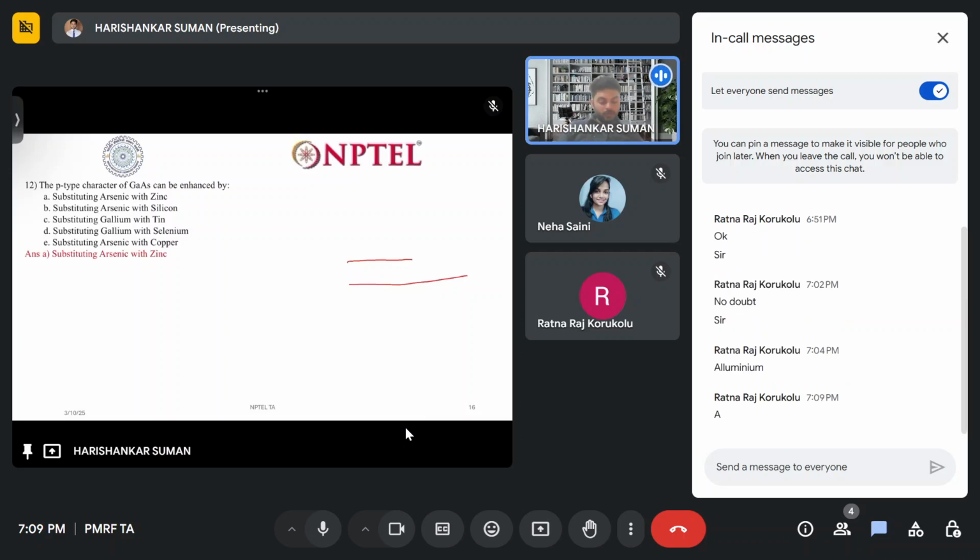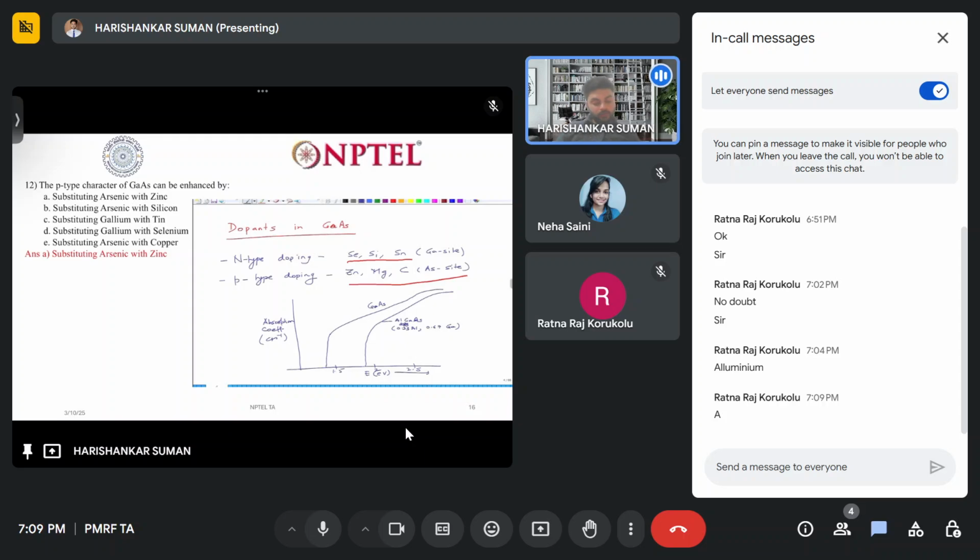So the answer is substitution of arsenic with zinc. For N-type doping, you can use Sn, Si, Se; for P-type, Zn, Mg, carbon on the As site. Okay,